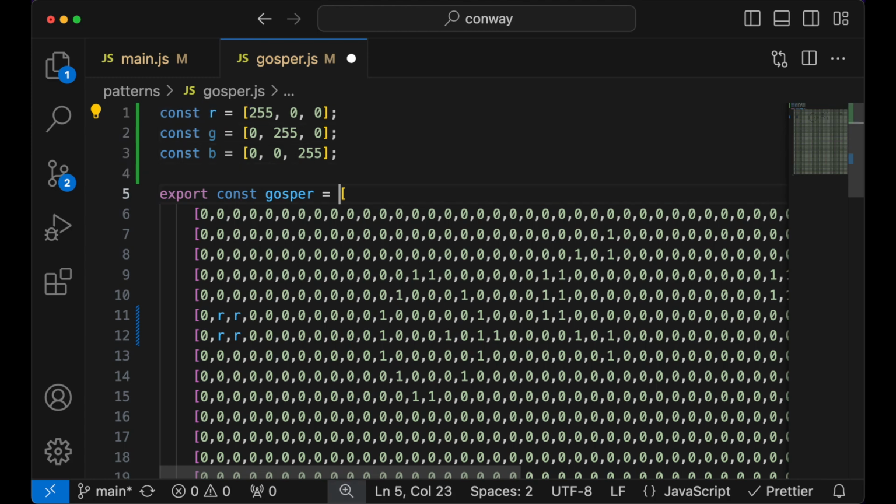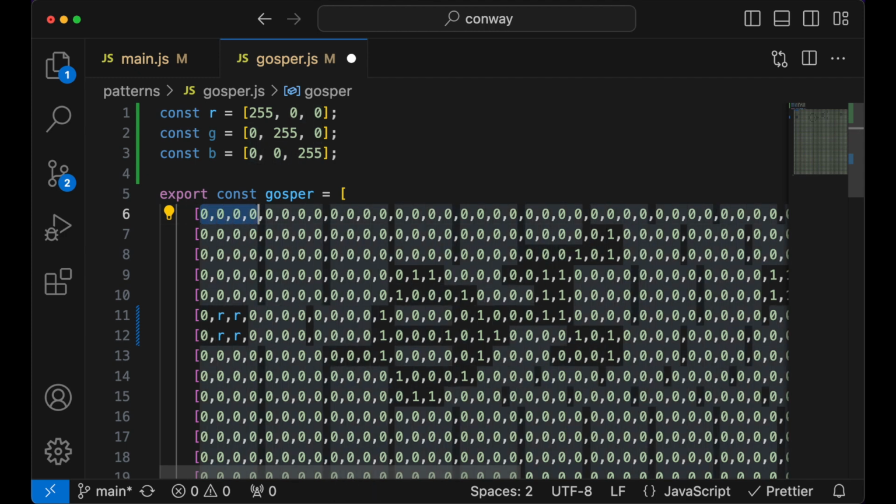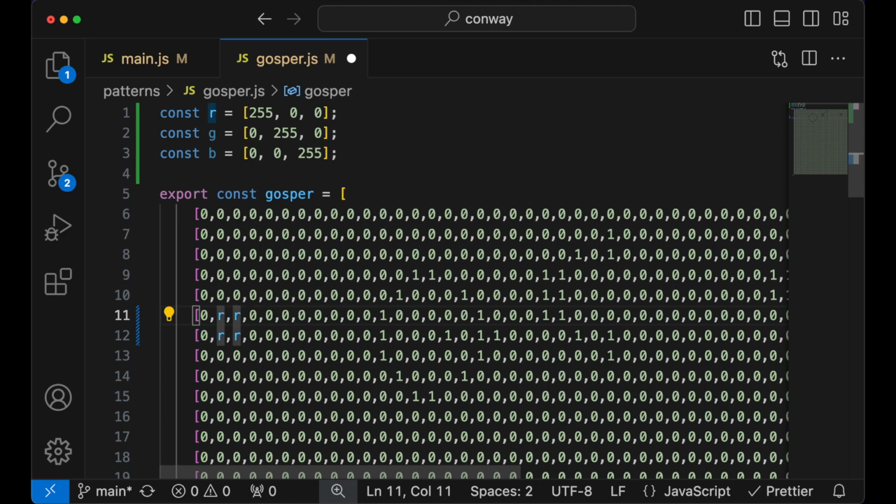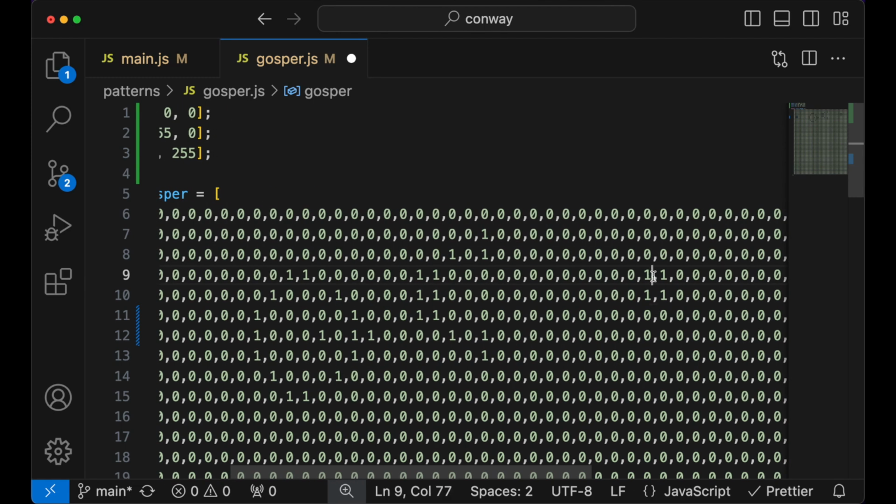But in this case, given that the arrays can hold whatever we like, we are holding numbers or these sub-arrays as well. So we have red in one square, red in another square,